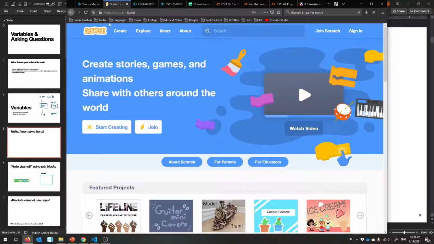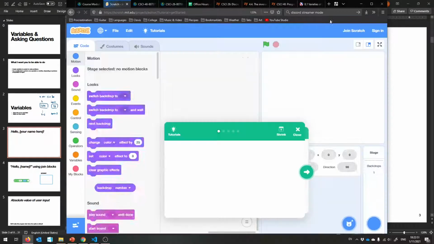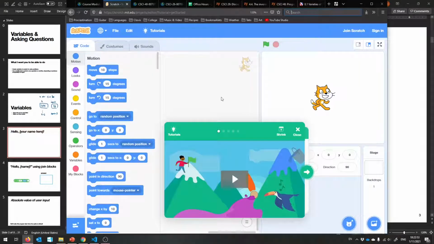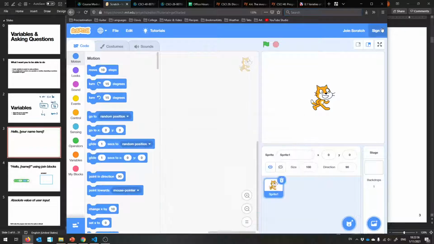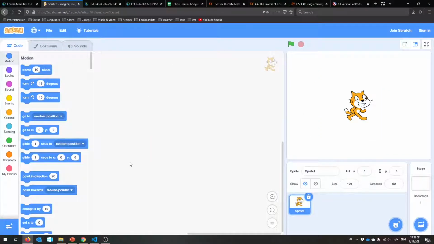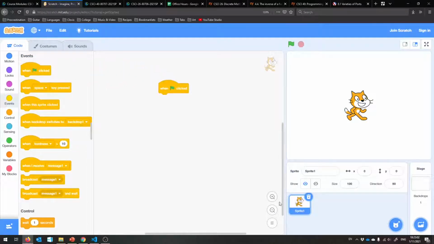Are you ready? So go to Scratch and click Start Creating. I had to look this up because I didn't know what it meant. All right, close, make large, please. So here's our Scratch, and we're going to need something to start our program, of course. Let's get that green flag up in there. And so what we'd like to do is have the